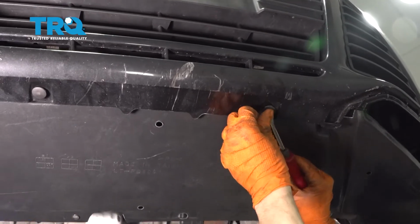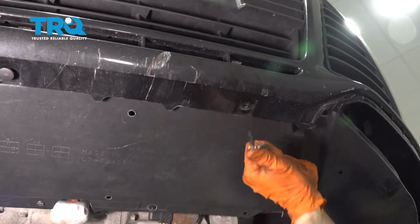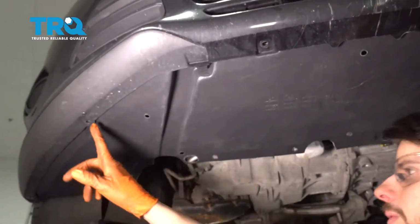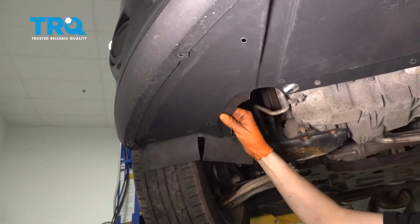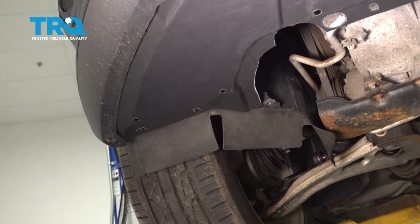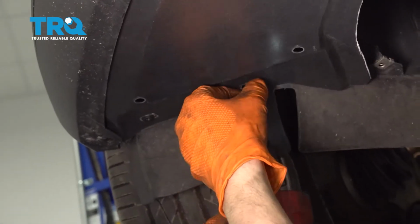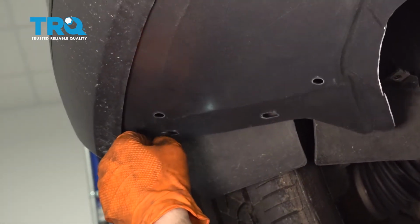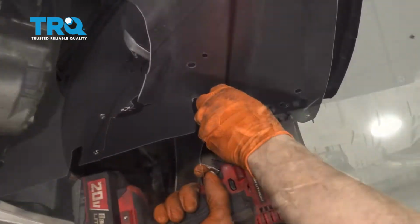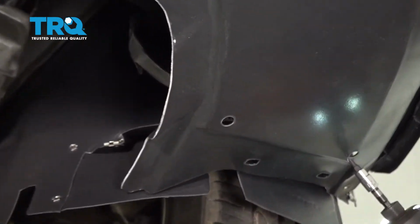Yours might be different, just because mine are not original, but whatever push clip you have, pull it out on both sides. And then there should be 2 more over here. Mine are missing. And then all that's left holding this in is 2 screws on each side. Now this is going to want to drop down,